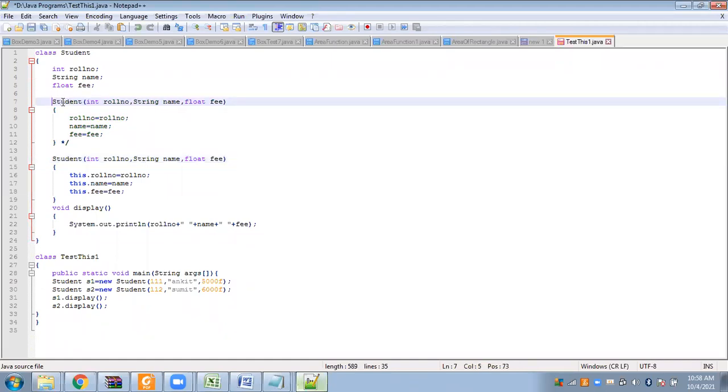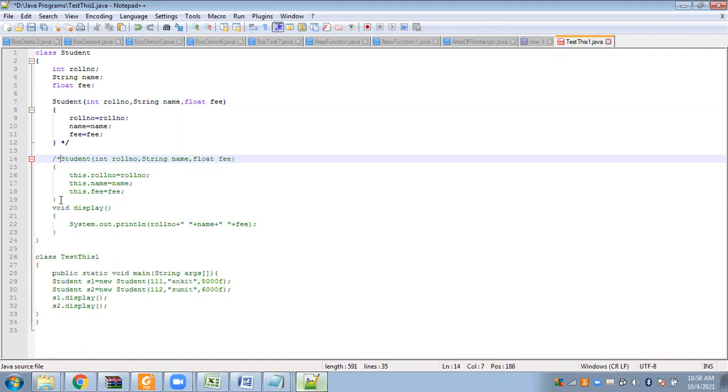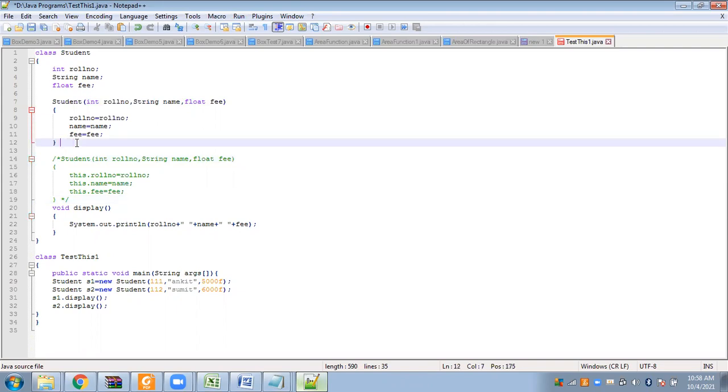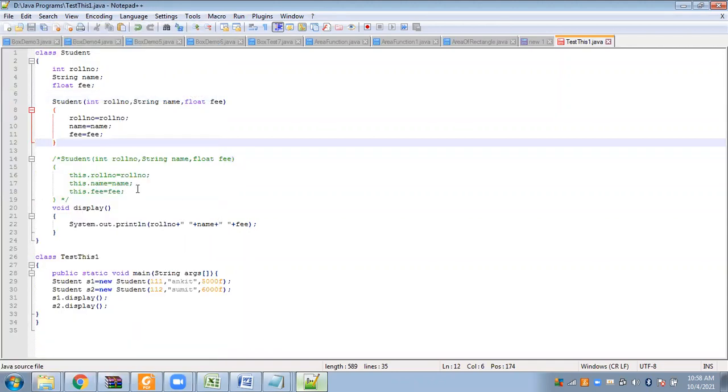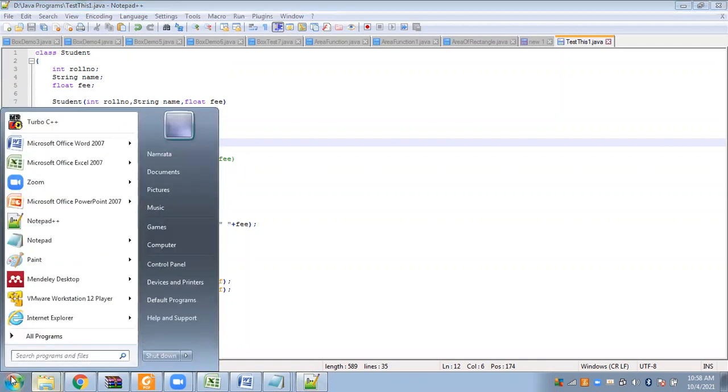Still, I'll show you something. Let's see if this will generate any error. What if we do not use the this keyword and we have ambiguity in our program? Will we get the desired output, or will we face an issue? Let's see that.